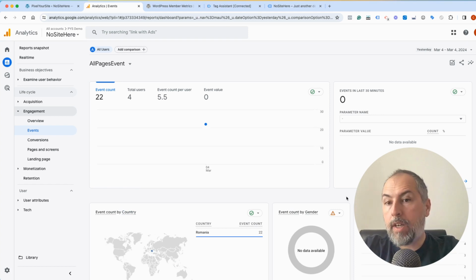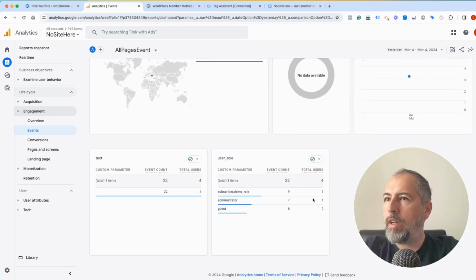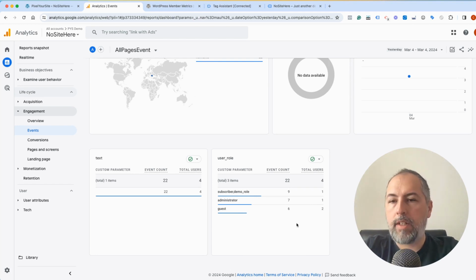And because I have a custom dimension that is present in the event, user role, I can see it here. So it's listed here, user role, and with some data. I have various roles configured on the website. I visited a few pages yesterday triggering the event, and this is the data that Google has, but it's very, very limited. If I want to see more, I can create an exploration, and